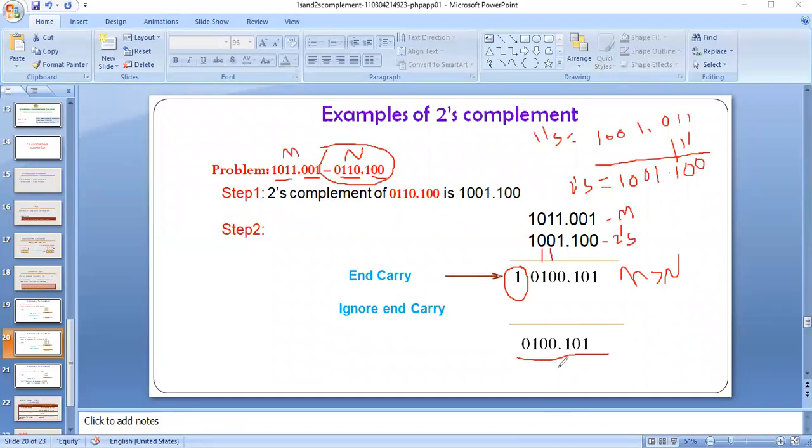So you may check the decimal equivalent. For the integer part, we have positive powers, which start with 0: 2 power 0, 2 power 1, 2 power 2. 2 power 2 means 4. For the fractional part, we have negative powers, starting with 2 power minus 1, 2 power minus 2, 2 power minus 3. 2 power minus 1 means 1 by 2. Next, 2 power minus 2 gives 0, and 1 into 2 power minus 3 means 1 by 8. So you have to add all these numbers and you will get the decimal equivalent, which has both integer part and fractional part.